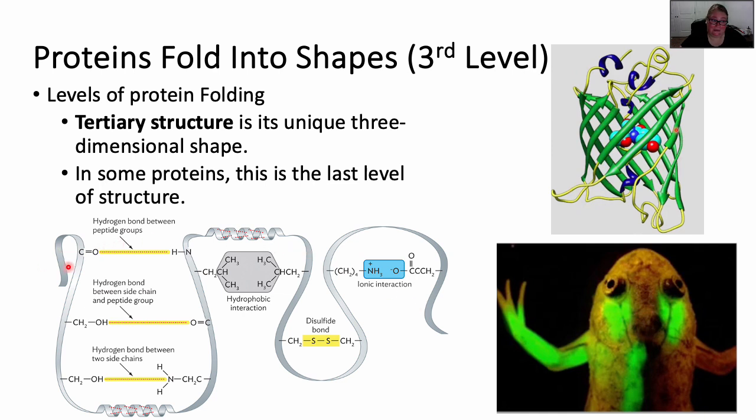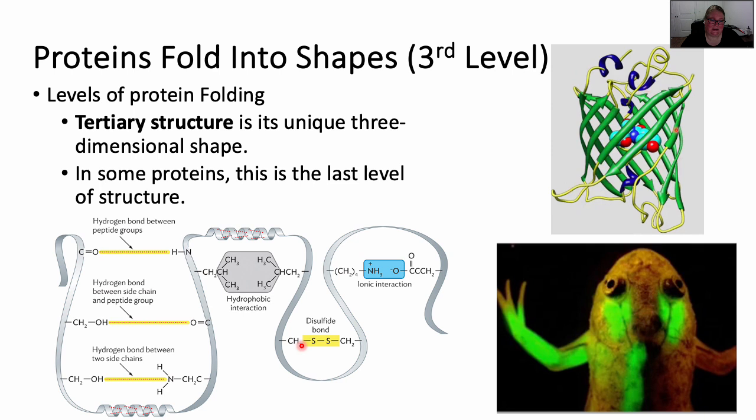We can have hydrogen bonds between oxygens and hydrogens, nitrogens and hydrogens, sulfurs and nitrogens. We can have hydrophobic interactions. So we have some hydrophobic or non-polar R groups on amino acids. They don't want to be in water, so the protein is going to fold to create a pocket for them inside the protein where they don't have to interact with water. We can have ionic interactions. We have all those R groups that are positively and negatively charged. We can create an ionic bond between these two R groups that's going to help the protein fold. And we can also